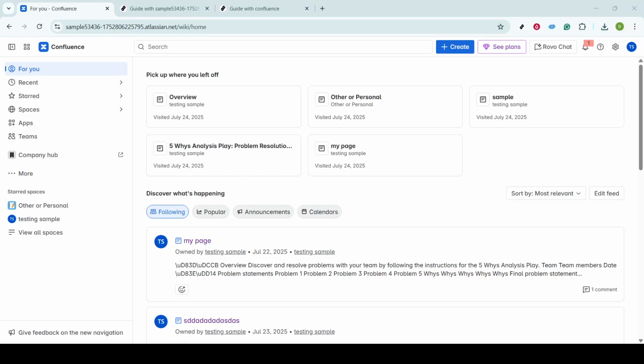In today's video, I'm going to teach you how to reset your Confluence password. You might find yourself needing to do this for a variety of reasons, whether you've forgotten your password or simply want to enhance your account's security. Regardless of why you're here, I'm going to guide you through each step to ensure you can complete this process